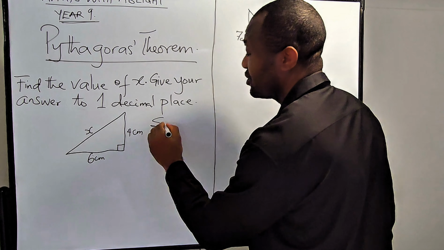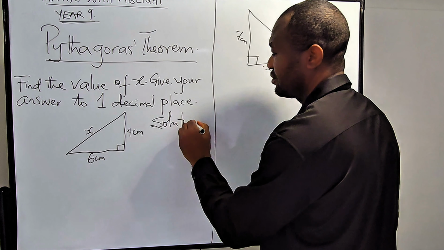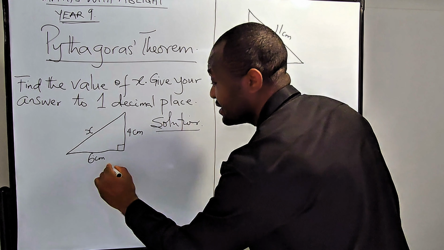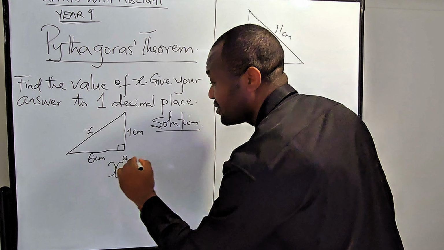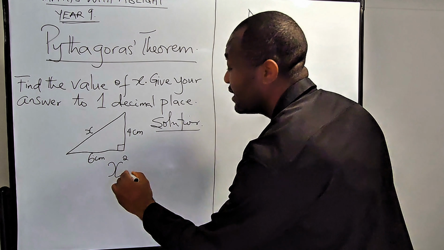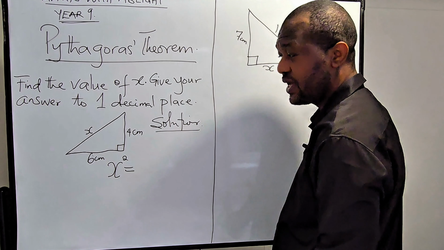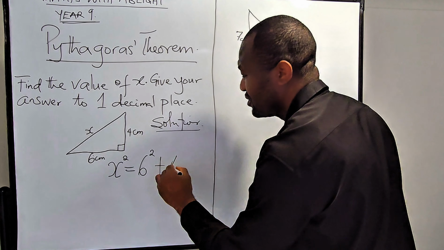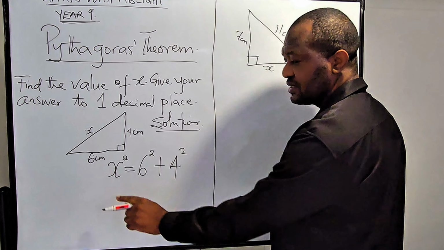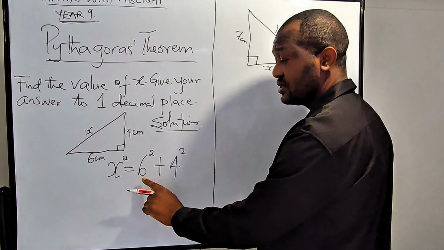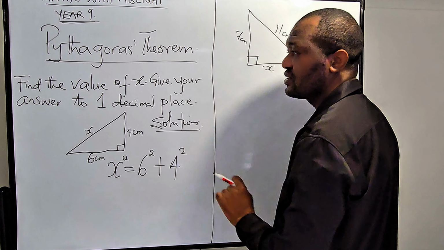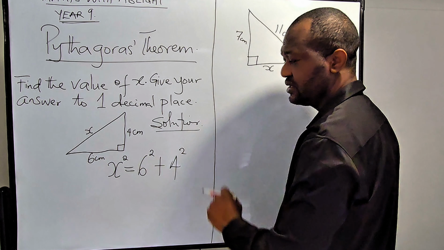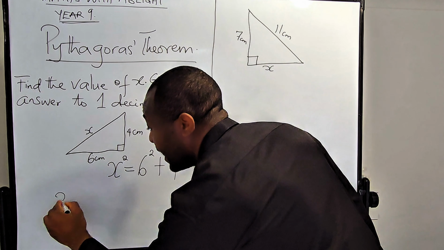We are going to define it. So we say solution. This is simple, yeah? Pythagoras is saying the square of the hypotenuse, that is x squared, is equal to the sum of the squares. So you find the square of 6 and add it to the square of 4. So he's saying the square on the hypotenuse side is equal to the sum of the squares of the other sides. And this question says give your answer to 1 decimal place. This is simple. X squared,